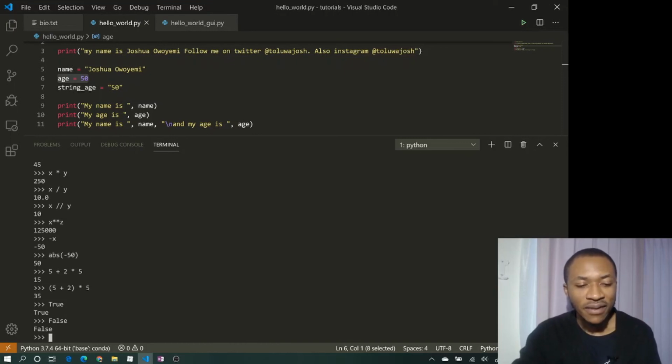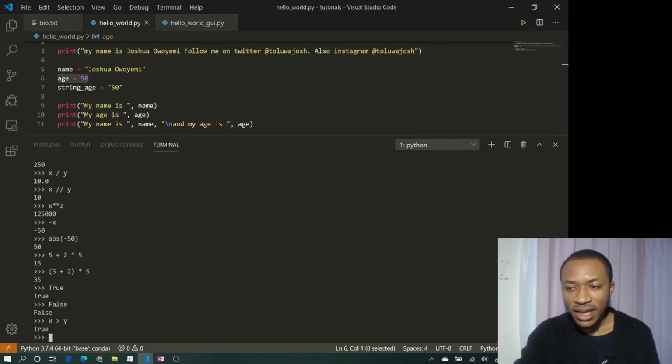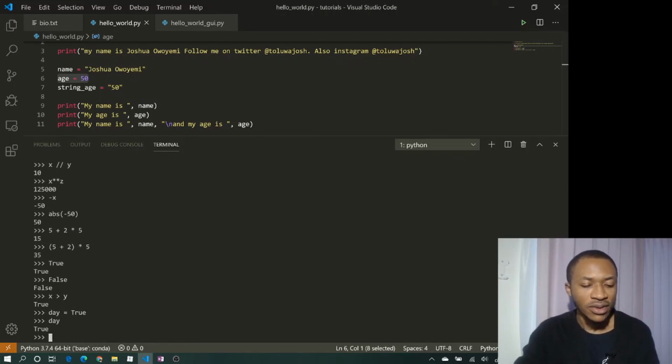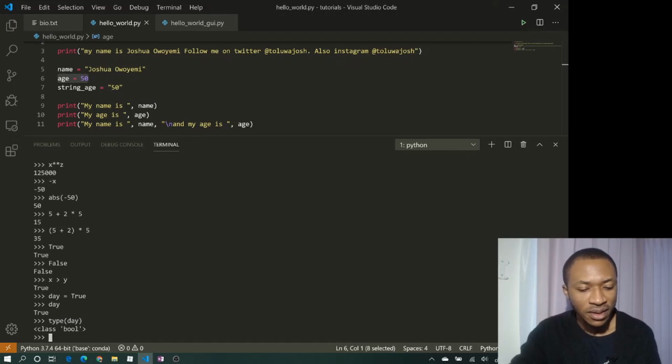So I can say, okay, now is x greater than y. Although we've not talked about this yet, the output of this should be true, right? So it gives us a true. So we can decide to store the output of this expression or this operation into a new variable, and we can say maybe day equals true. So in this case, day is a Boolean variable. So if I say type day, which is a Boolean variable,